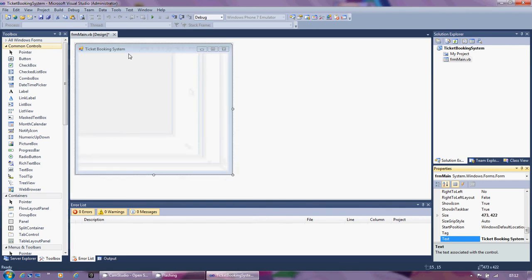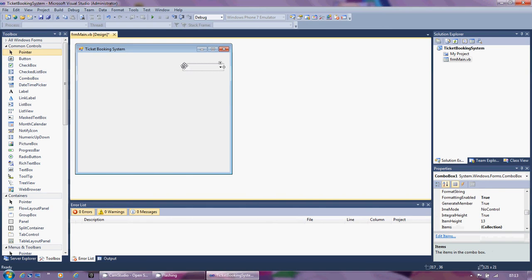So the first thing that I would like to do is to add a combo box, and a combo box is just like a drop down list. So I'm going to have one that's going to display all my artists and another one that's going to display all the venues. Am I doing the venues for this video? We'll just do the artists in this one. I'll do the venues in the next video. So we'll pull over the combo box